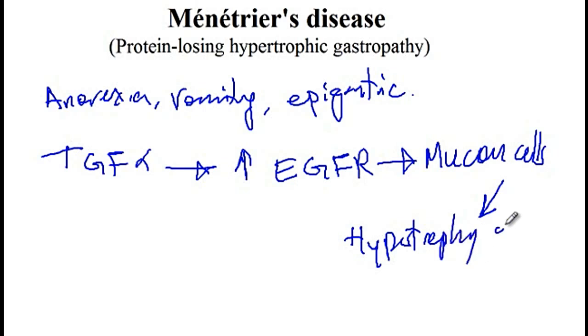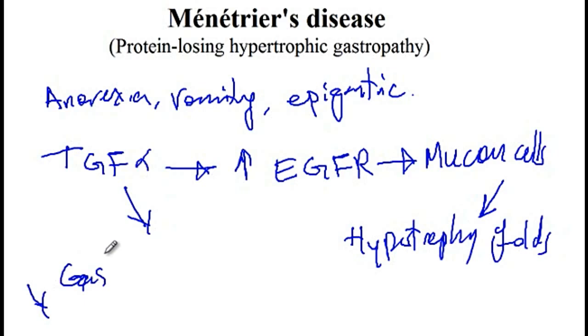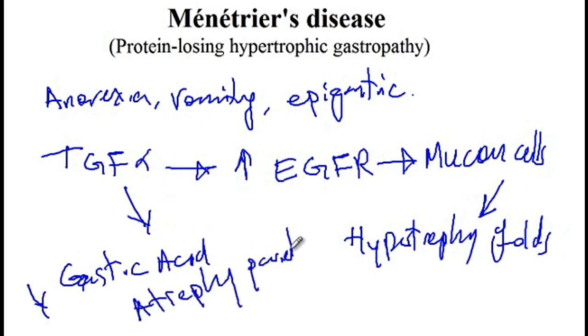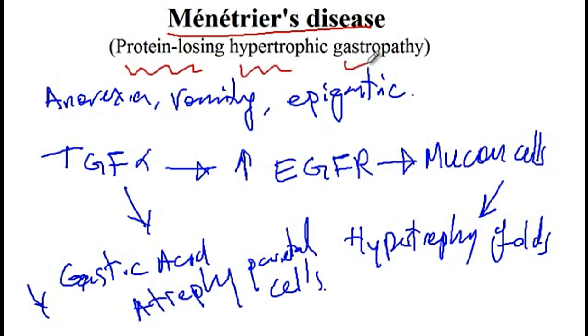of the stomach folds. And then at the same time, this TGF-alpha inhibits the gastric acid production and causes atrophy of the parietal cells. So the important features that you will have to know about Menetrier's disease, also known as protein-losing hypertrophic gastropathy,